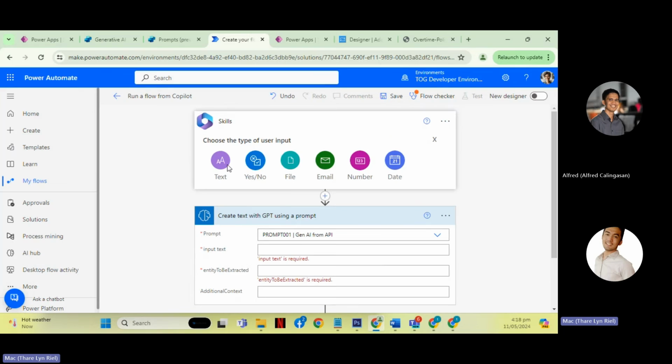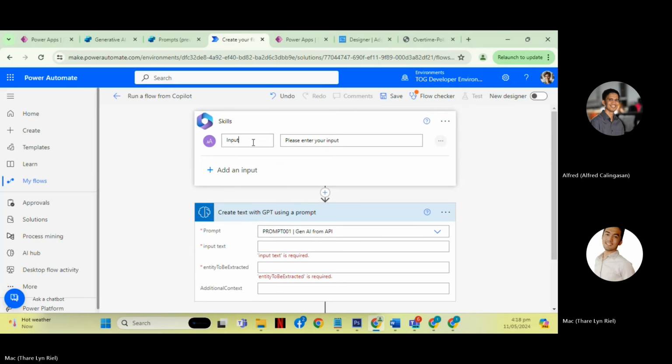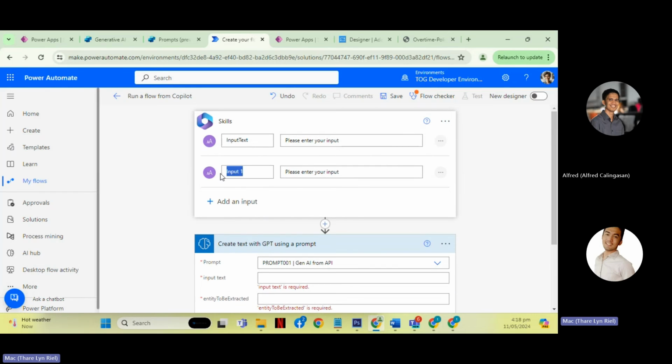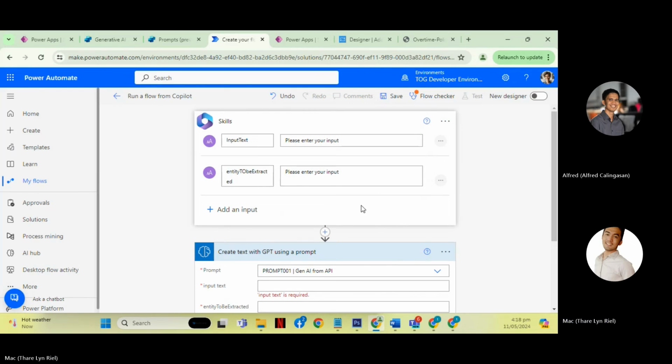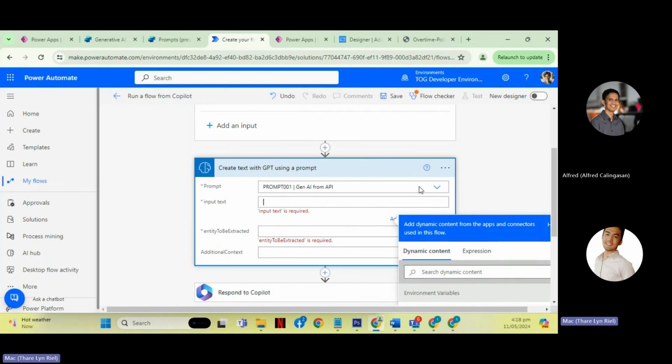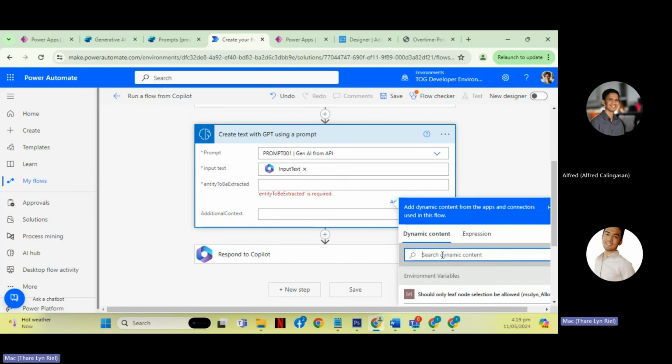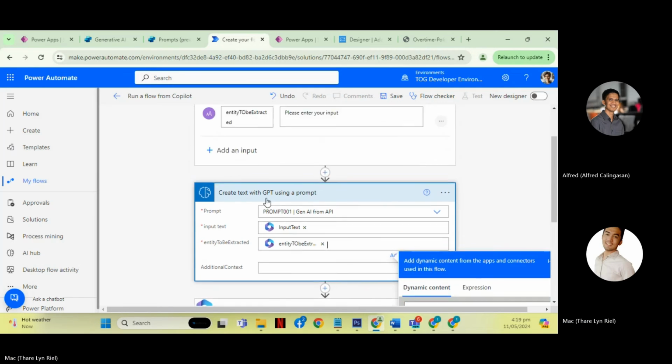Ideally, we put here input text, and then text again, and entity to be extracted.